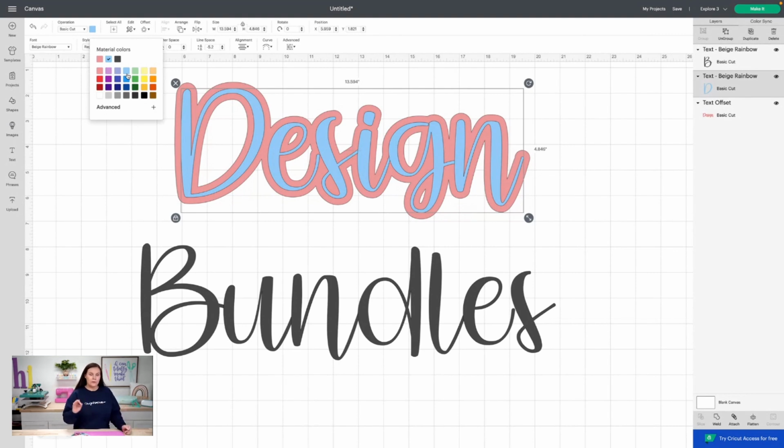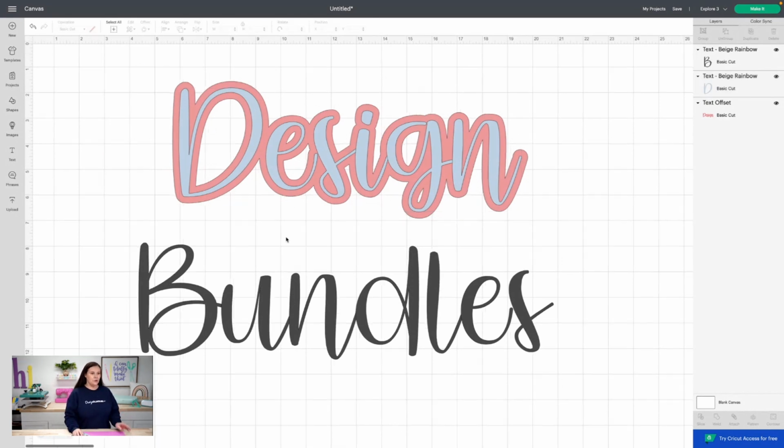Now, if I really wanted to narrow this down and really visually see, I have a particular blue in mind, I could click advanced. If you know your hex code, you can enter that here. So say, for example, I do cheer bows for the high school and I know their exact hex code for the school colors, I can actually enter those there and it's going to be precise so I can visually see that. So say, for example, I'm selling those cheer bows. I need to be able to show my clients what it's actually going to look like. So I'm going to go ahead and play around. I could drag this around here and that's going to allow me to adjust that blue there and really play around with it. So once you're happy with it, just simply exit out of there and you're good to go.